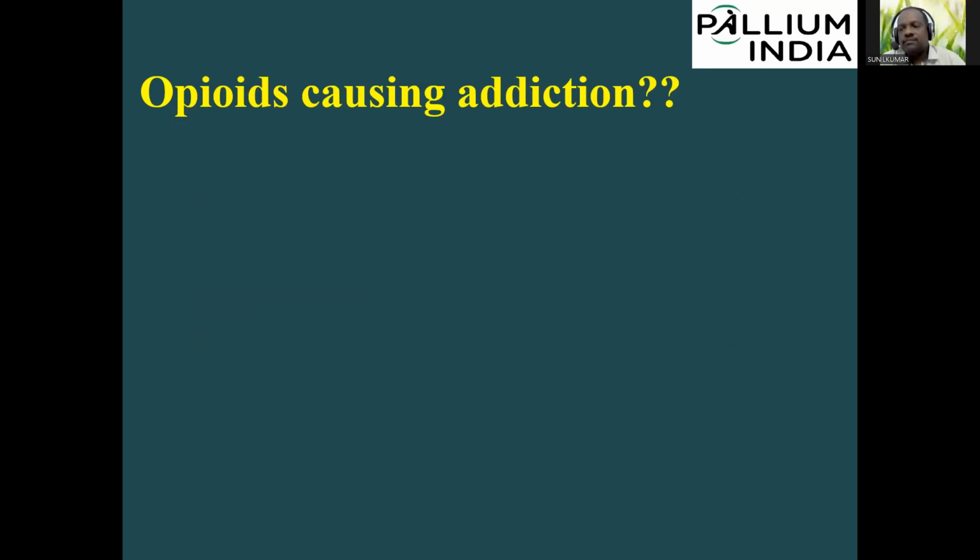So there are, we can say, two types of addiction. One is actually now called drug dependence, or some people will call it a substance use disorder. So this is the word which everybody understands, addiction or drug dependence. There are two types of drug dependence: one is physical dependence and the other one is psychological dependence. Psychological dependence is known as addiction.